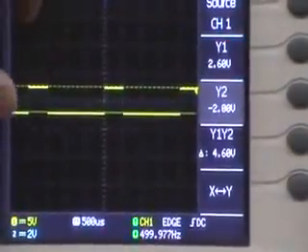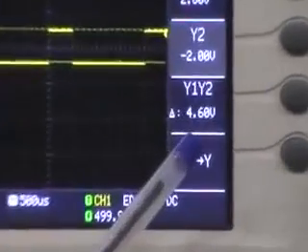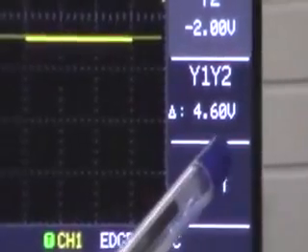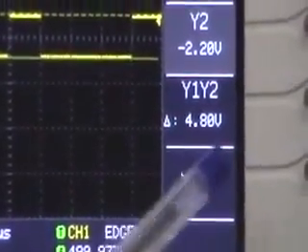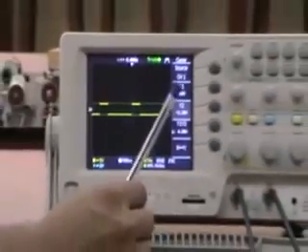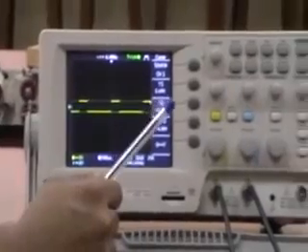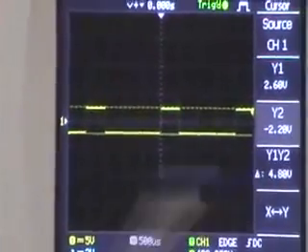Now the measured value will be displayed over here. That is the difference between the y1 and y2 lines, and it comes out to be around 4.8, roughly 5 volt. So these horizontal and vertical cursors can be used to measure the x-axis, that is the time axis, and the amplitude axis values.